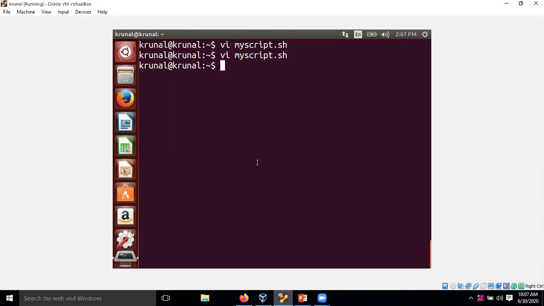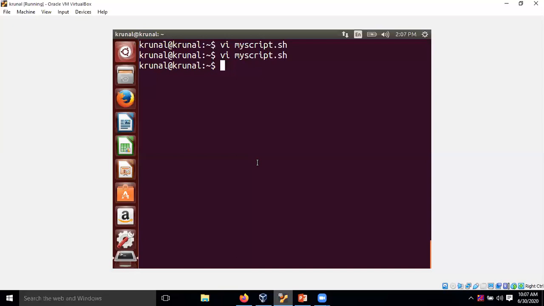If you want to edit something, if you want to delete something, if you want to delete the lines, edit at the end of the line, edit in the middle, or at the starting point of the line, for that there are several commands in vi editor. If you want to perform such activities, there are various commands in vi editor. So that we are going to discuss practically.